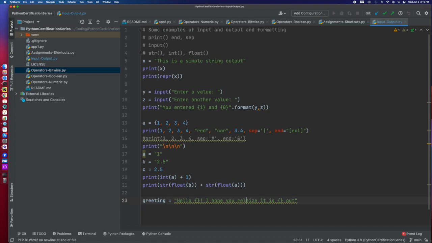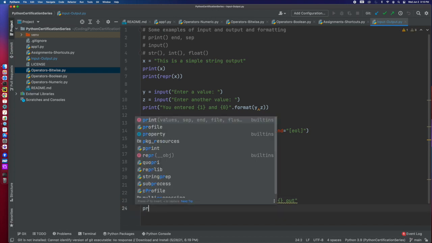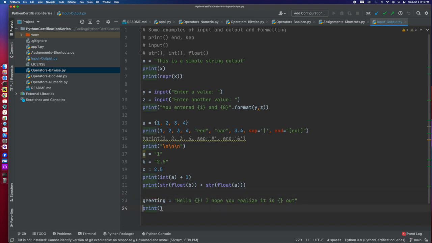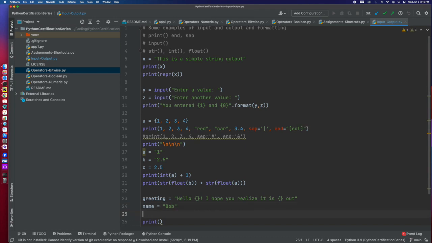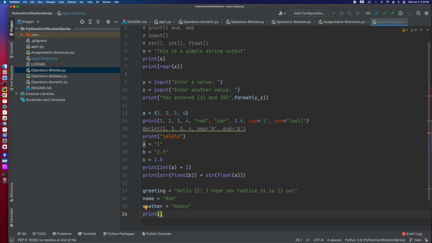And I need to spell that right. And then I can do print. And let me do name equals Bob, weather equals sunny. And now I can take the greeting,